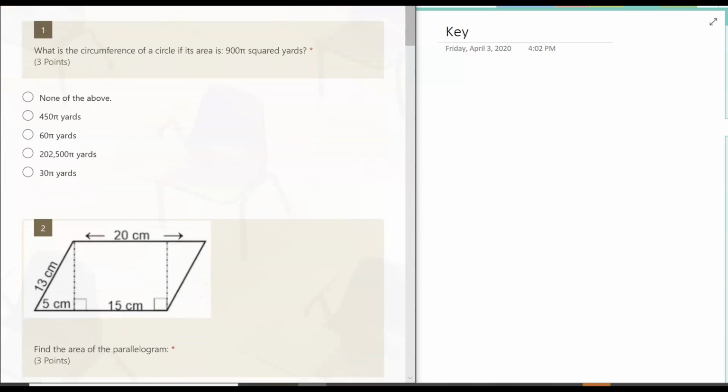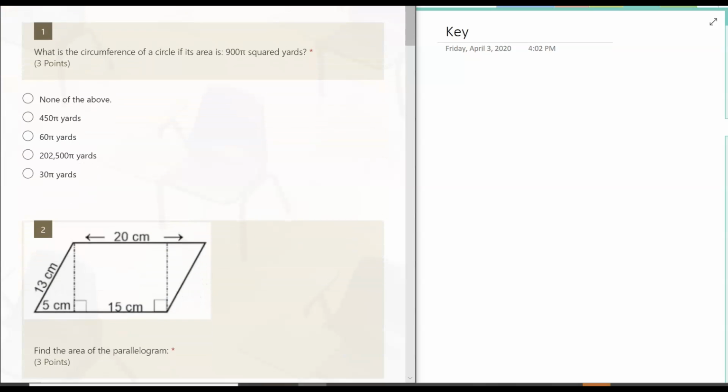All right, honors, here are the answers to your quiz. Actually, your questions might be out of order slightly, so make sure you are paying attention to which question it is I'm talking about and compare it to your list. But on this number one,